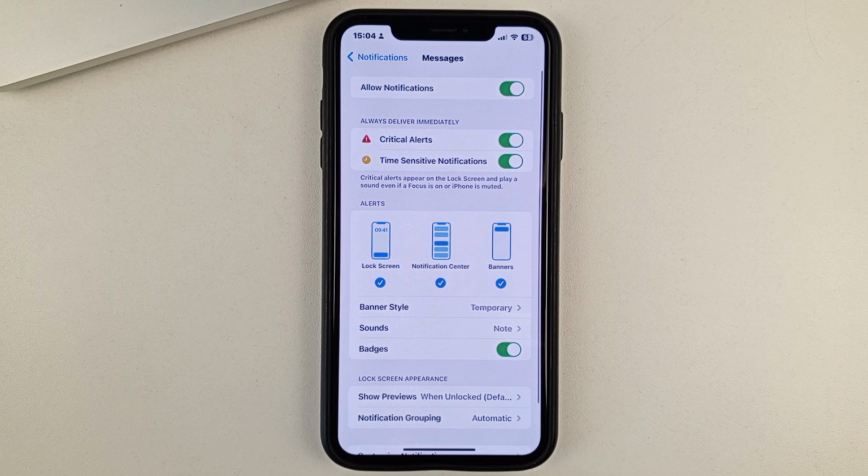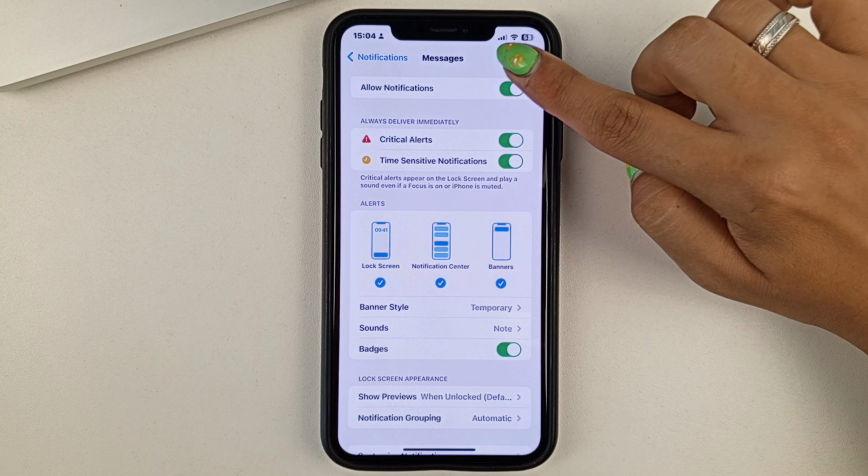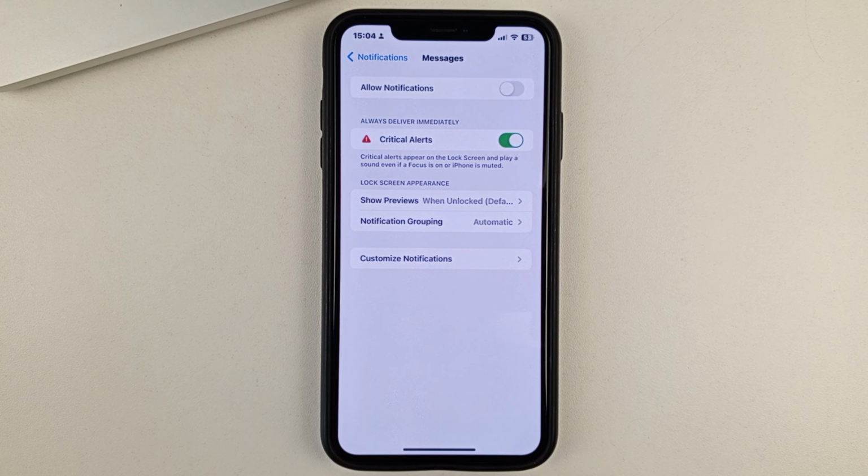Open it up. And option 1 of how you can turn off your text notifications is to turn them off completely so they don't come to you at all. To do that, you'll need to turn off all notifications like this by pressing the top button. So you won't be bothered by any text message notifications, but you will be able to go to the messaging app and see all the messages that you receive.